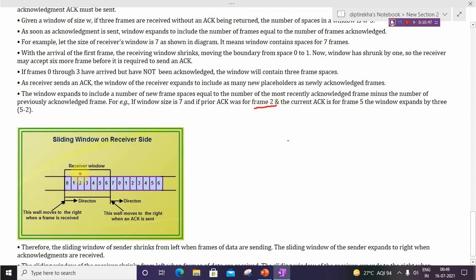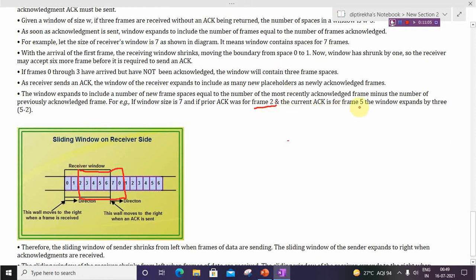So after sending the acknowledgement for 2, the window will expand to 7 and 0.